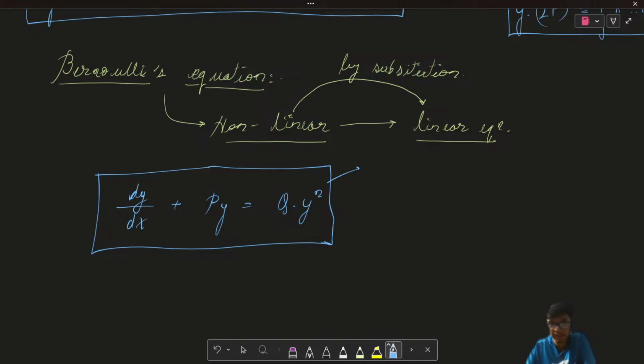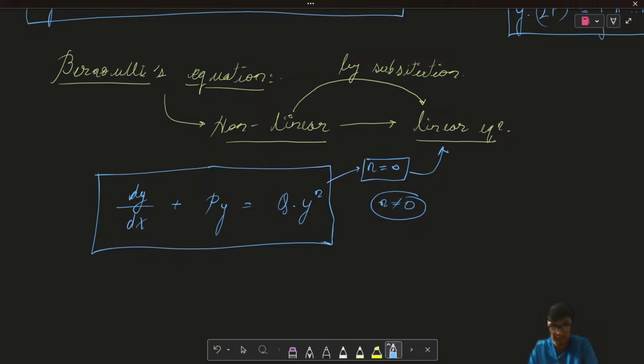Now here, if my n is equal to 0, then it will be directly a linear form of equation, which we have already seen in our last class, right? However, if n is not equal to 0, then this class of differential equation is not linear, but can be converted into linear form by doing suitable substitution,